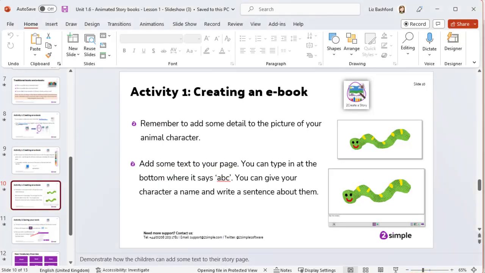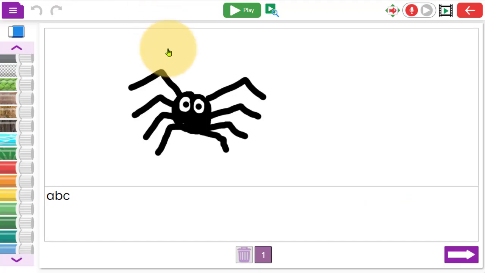The PowerPoint will also prompt children to be able to add some text to the page in the story, indicating that children can click on the ABC section of the page here, and they can type in their first sentence. So, the spider was feeling